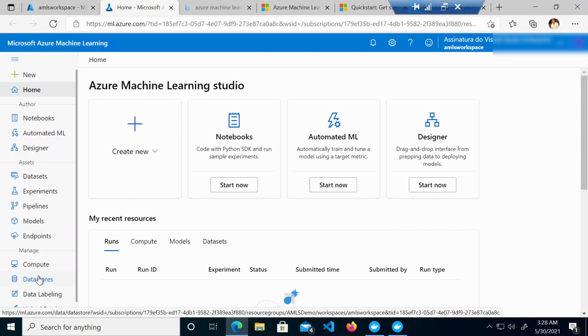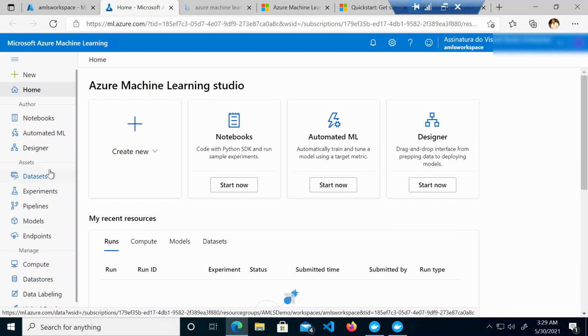The compute is where all the training or scoring algorithms run in AMLS. Then I have the pipeline. A pipeline is what we create as an Azure machine learning pipeline, which is really important, and this is something we are going to create in a future session. And then we have the experiment. The experiment is when we run any training experiment, and it will come and show up here.